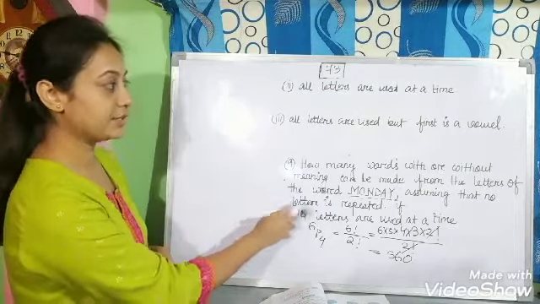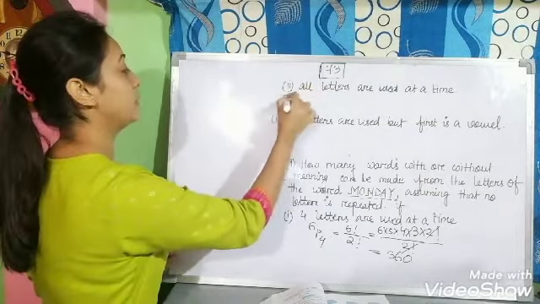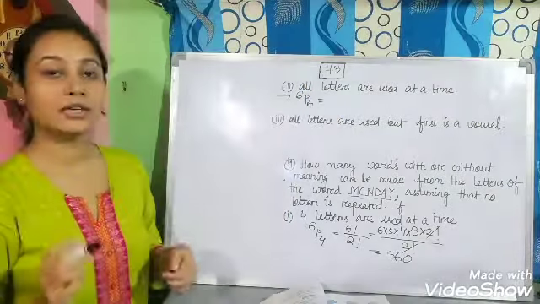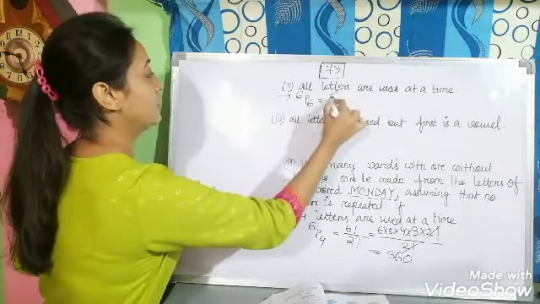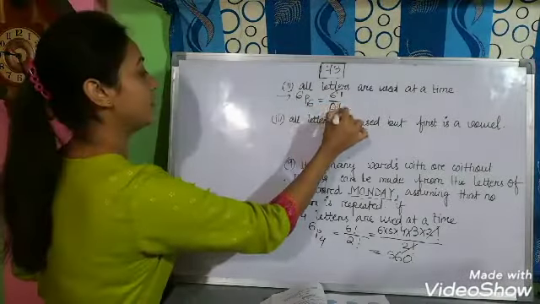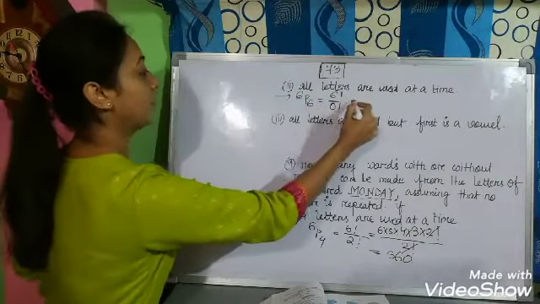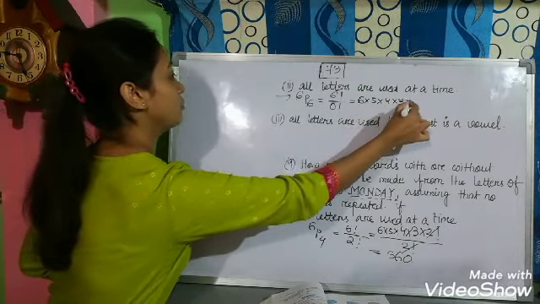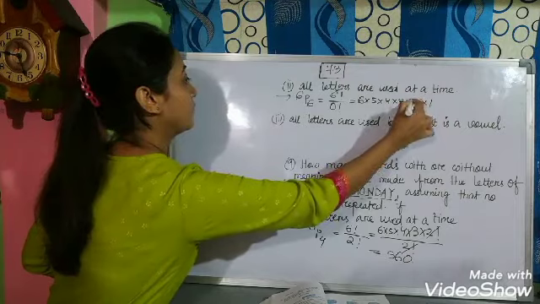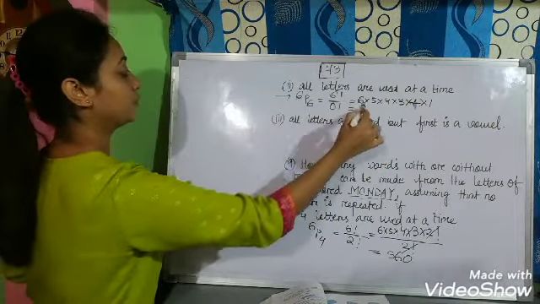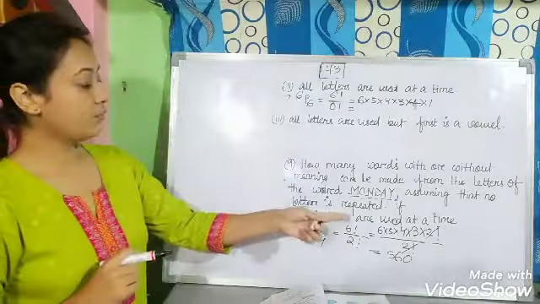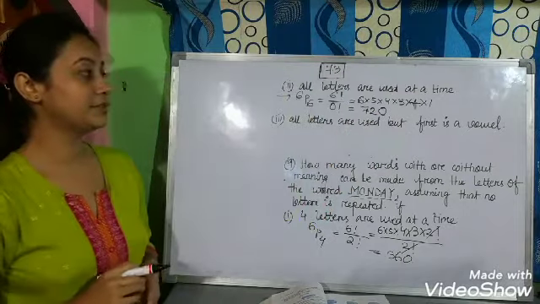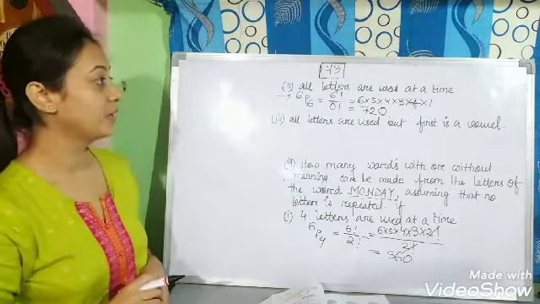And the next is, all letters are used at a time. Here you were using 4 letters at a time. Here all letters will be used. Hence the permutations, that means number of words, will be 6P6. Okay, we are taking all the letters here. So apply the formula, 6 factorial by (6 minus 6) factorial, that is 0 factorial. We know 0 factorial is equal to 1. So 6 factorial is 6 into 5 into 4 into 3 into 2 into 1, which is equal to 720. That means 720 words can be formed using all the letters at a time.